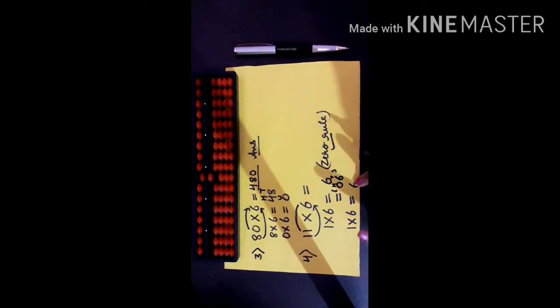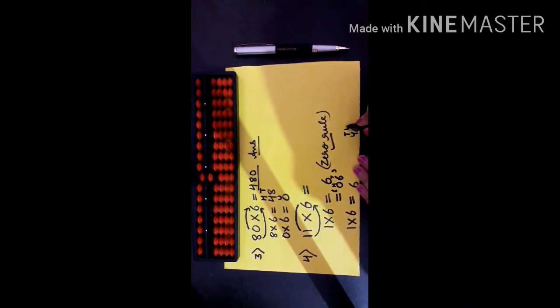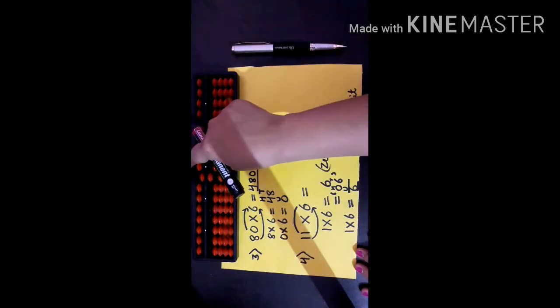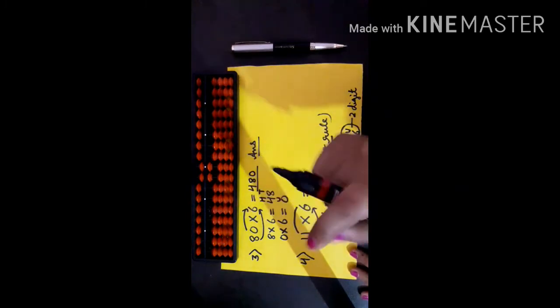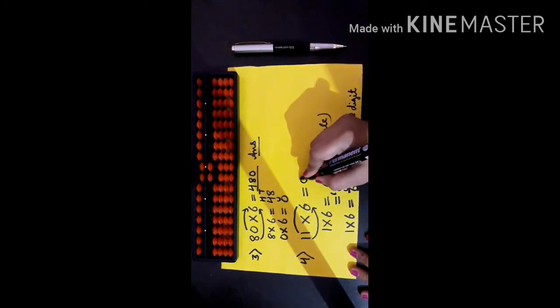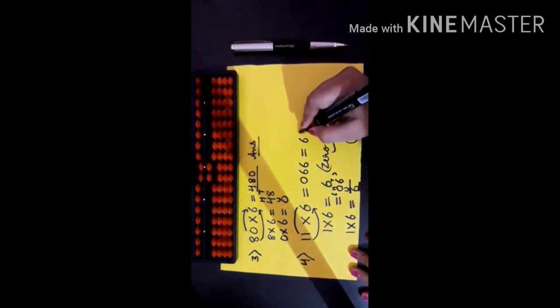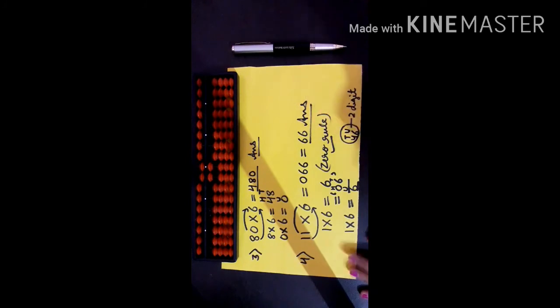Now students, this is a single digit. When there are two digits like this, the first digit will go in tens and the second will go in the units rod. But this is for 2 digits. Here there is a single digit, so the single digit will go in the units rod. So 6 in the units rod. So what is your answer? See, in hundreds place 0, in second place 6 and 6. So 066 means 66, and this is your answer.